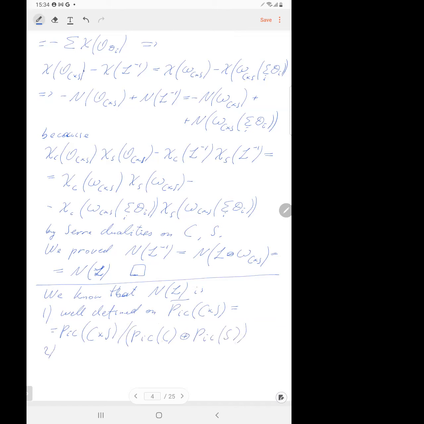Okay, that n of L is always positive whenever L is non-trivial. And we know that n of L is quadratic. So these are the key points, and from these three key points, it follows